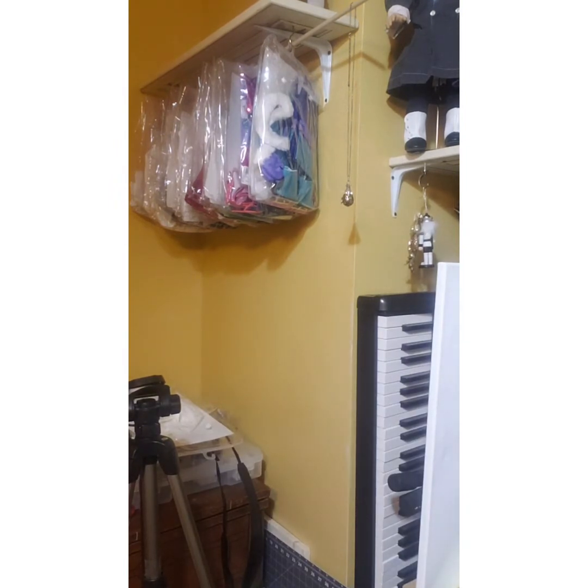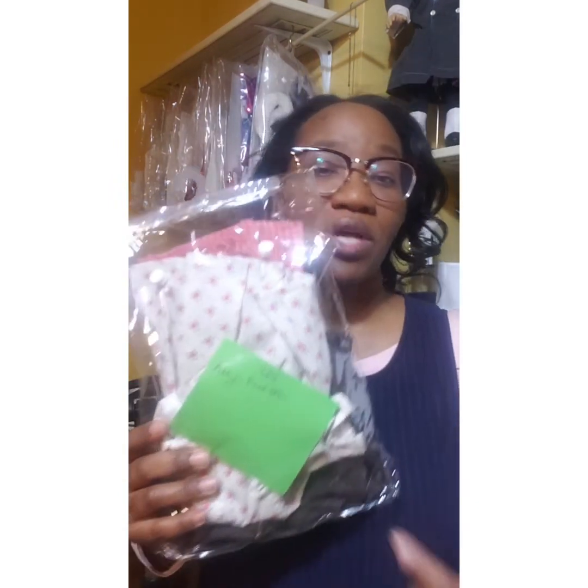And I'm just on the other side of the room. I had started tagging the bags with color-coded cards that tell me the time era that the bag pertains to, because some of the outfits are made of a time era, but not specific to a particular doll. So that if I wanted to dress, who was that back there? Mary Grace. Like, if I wanted to dress Mary Grace in a particular outfit that fits the era where she should have lived, then I'll have a bag that says 1940s to 50s to 60s or whatever like that. Then I could put her in that appropriate. I could kind of see that stuff clearly from across the room. That's like way more information than you want to know,